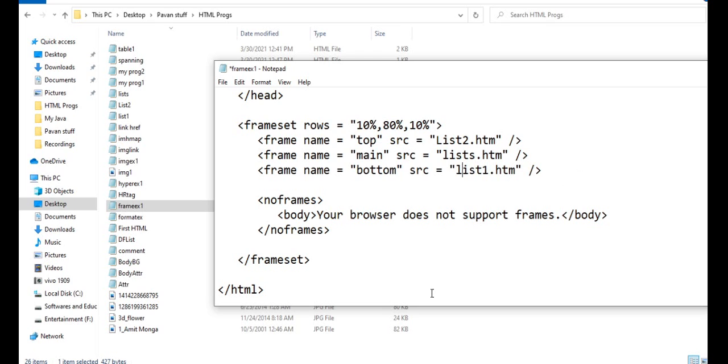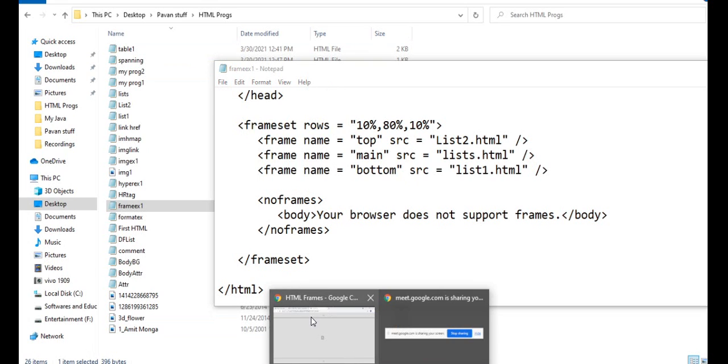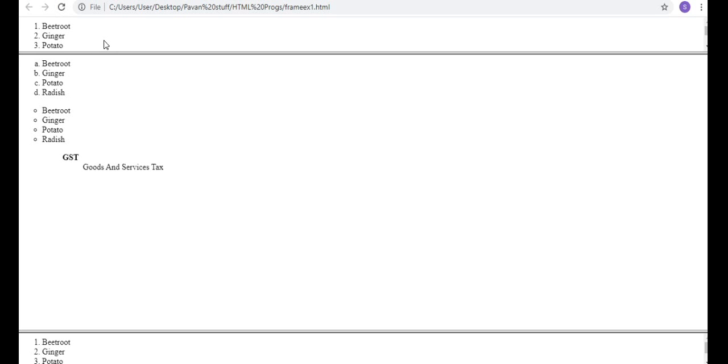Okay, so these are the 3 files which I want to display in those 3 sections. Here I'll say file, save. I'm going to the browser again and refresh. So you can see this is the first file, this is the second file, and this is the third file that you have.